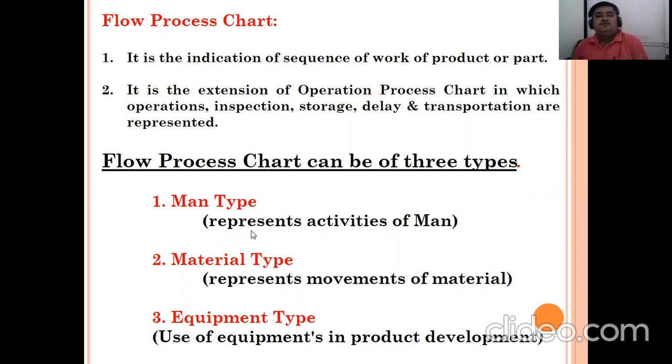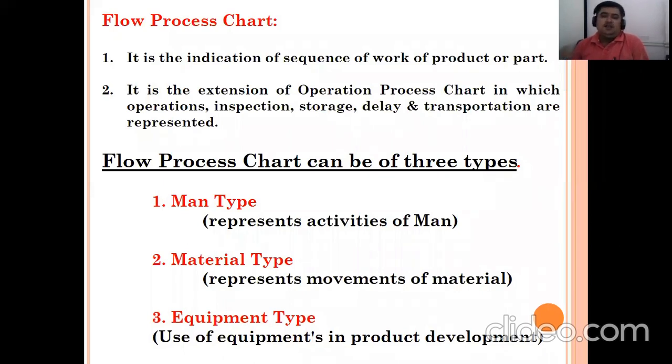Man type. For man, it represents the activities that persons are doing, whether they are traveling from their own location to the particular storage, one machine to another machine, or on that machine what that person is doing.